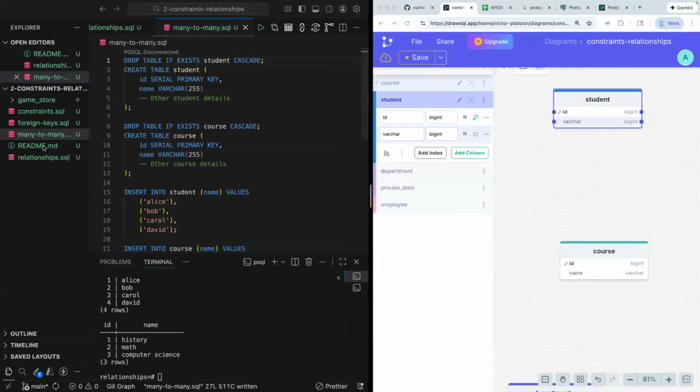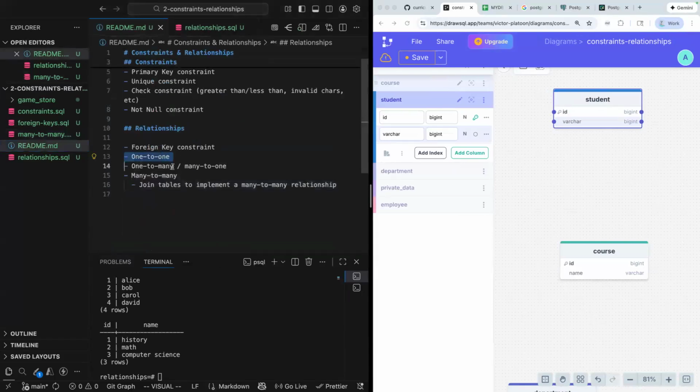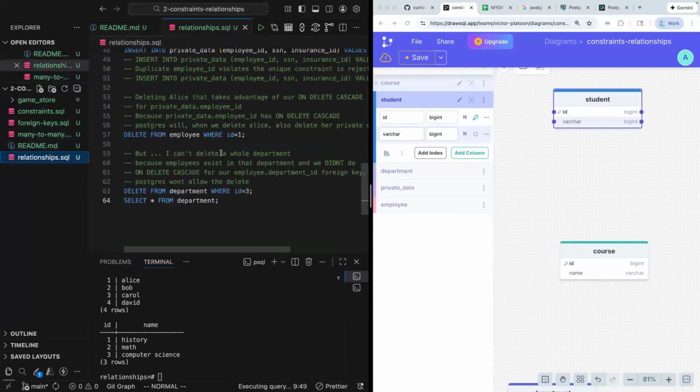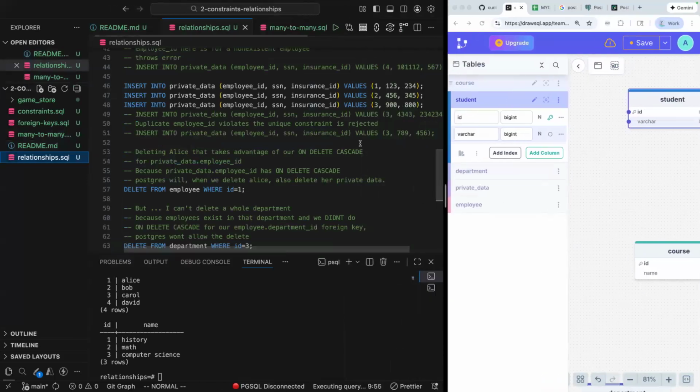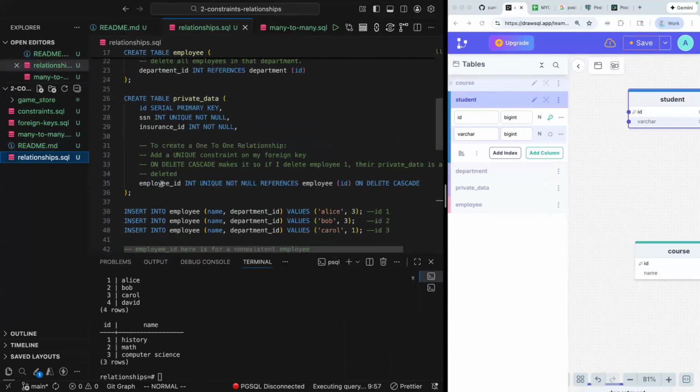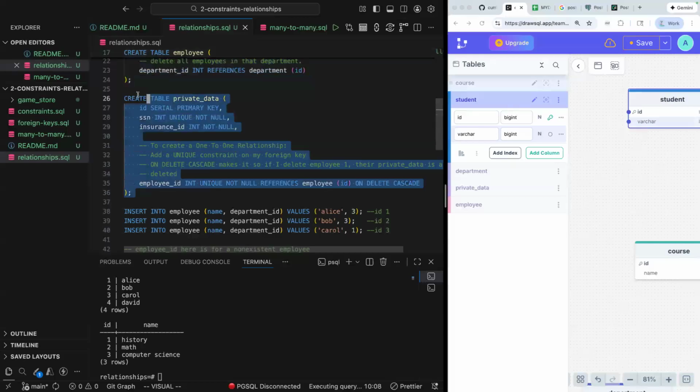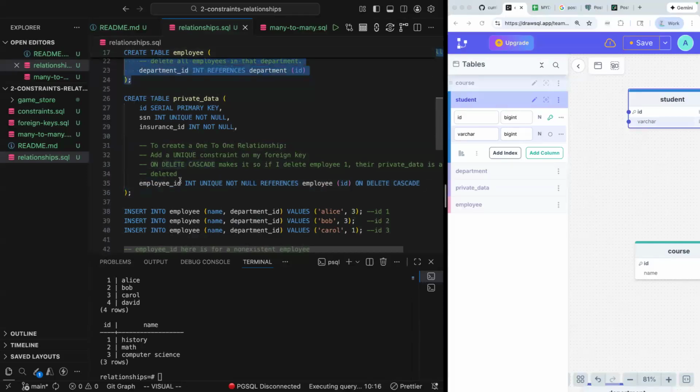All right, so we've covered a lot of ground. We've seen one-to-one relationships, one-to-many relationships. We dove pretty deep into the behavior of cascade, right? Where we can see how not only can I create a foreign key, but Postgres will protect that foreign key. I cannot delete an employee if they have private data, unless I tell Postgres that that's okay. That when I delete an employee, that should cascade onto this foreign key reference, and it's okay to delete their